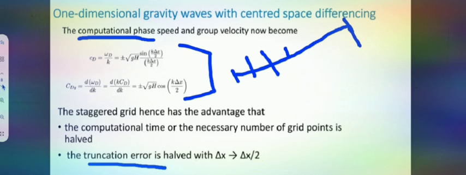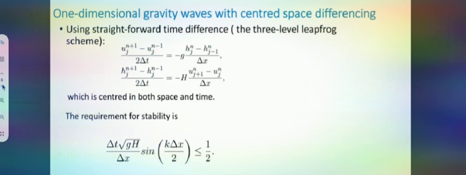Okay, so now you apply the time difference scheme. Time difference scheme, you apply three level. You can apply forward or 3-level scheme. So not implicit here, 3-level here, leapfrog scheme. Leapfrog scheme probably you have studied in fluid dynamics. You look at there. If any doubt, you call me. But it is nothing but a straightforward time difference, center difference basically.